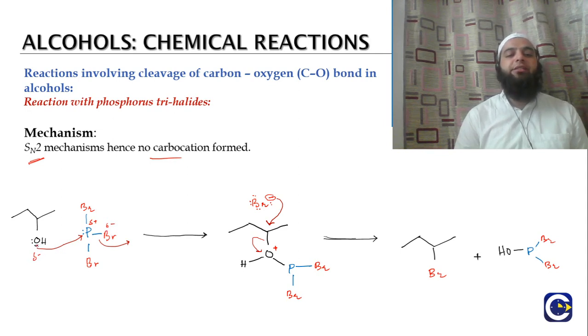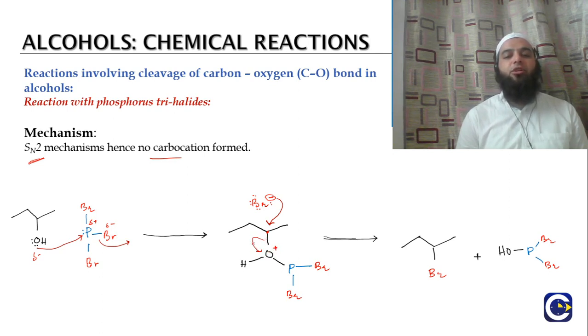So this electron pair is going to attack the phosphorus having the positive charge, and as a result this bromine comes out as a negative ion. In the next step, this negative bromine, being a good nucleophile, attacks this carbon, and there is this complex, because the oxygen has a formal positive charge. So this is unstable.